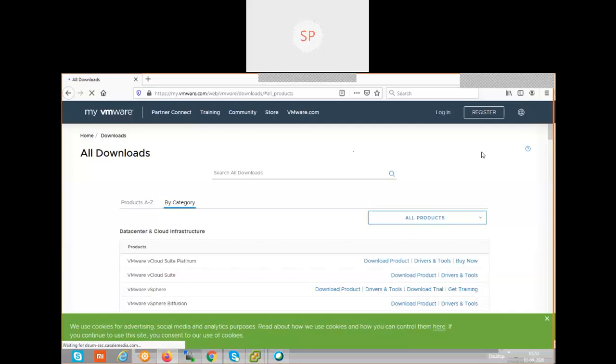See here, it is going to vSphere. Select VMware vSphere and download product.